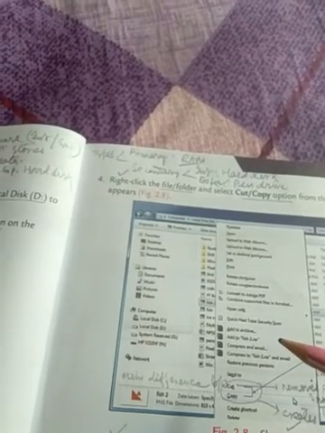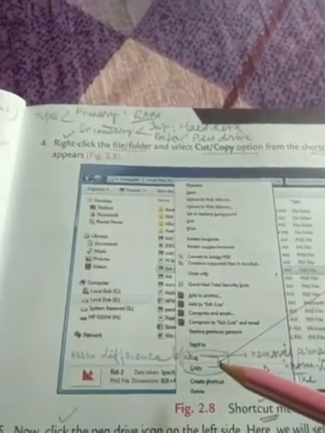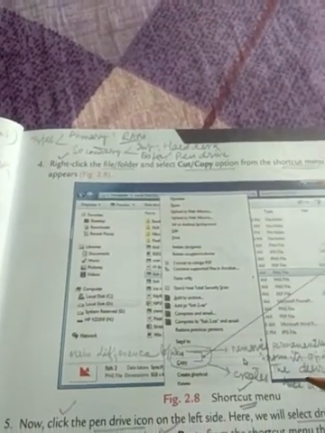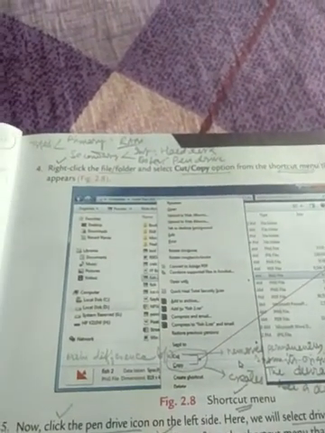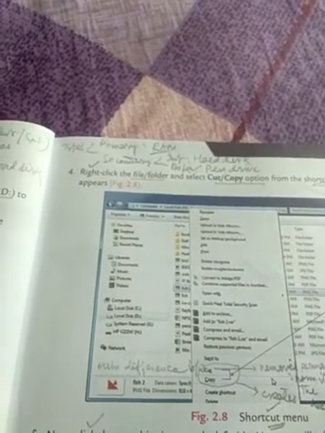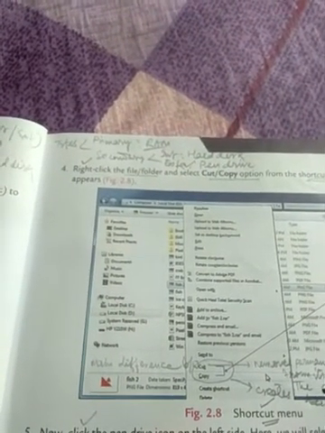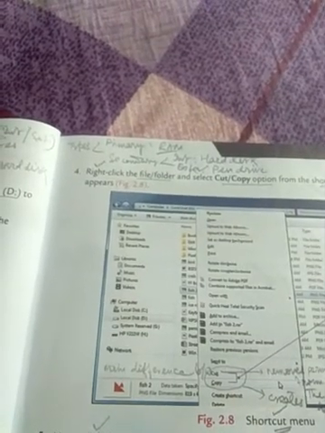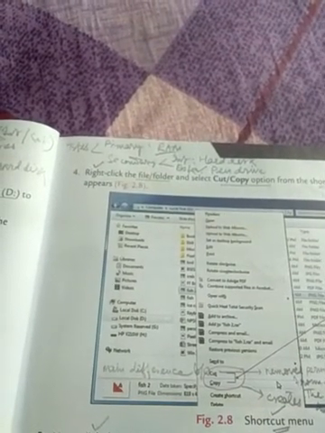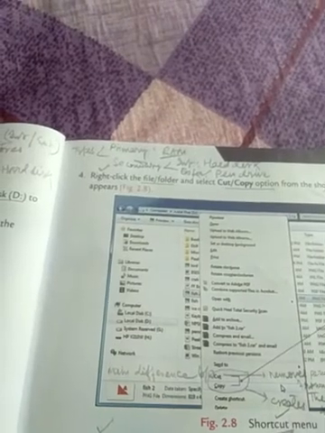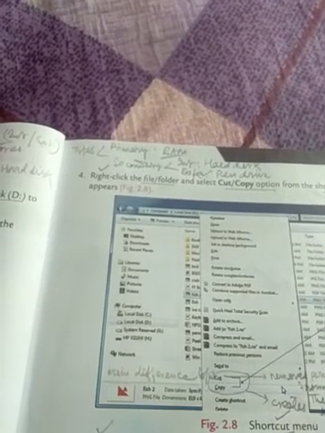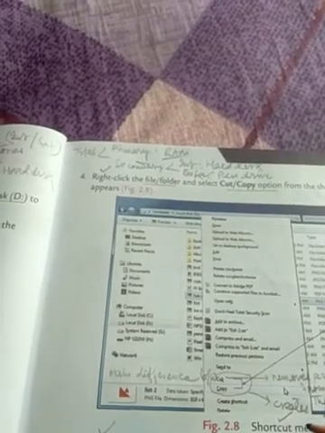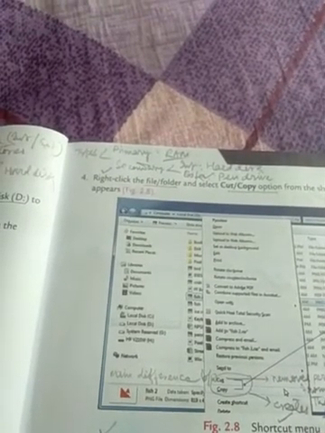Whereas copy is also an executionary option, and this can be used to create a duplicate copy. I repeat, copy is also the executionary option that can be used to create a duplicate copy of the selected data or file or folder. This is the function of the copy executionary option.